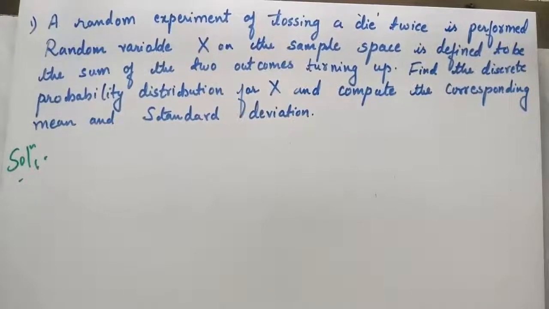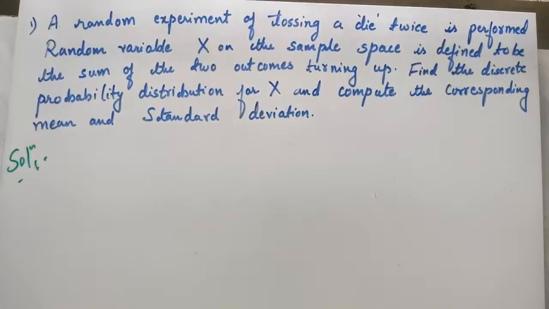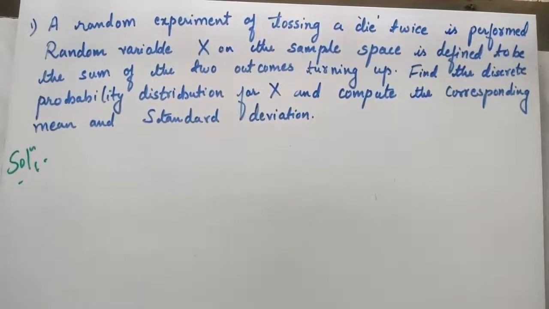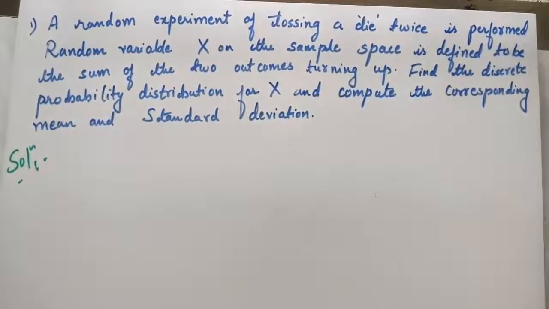Now let's continue with the problems on probability distribution and the corresponding mean and variance. Okay. So here is one problem for you. In the previous class we learned the theory regarding it: what are random variables, how do we distribute the probabilities, and all that. I'll show you now. In the problem it will be still clearer.